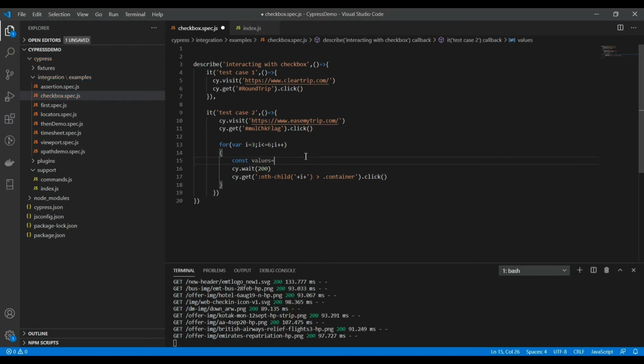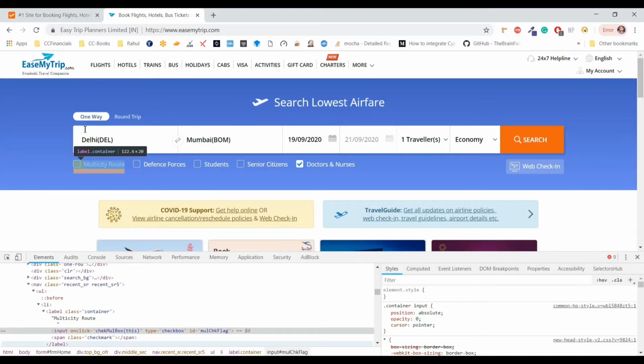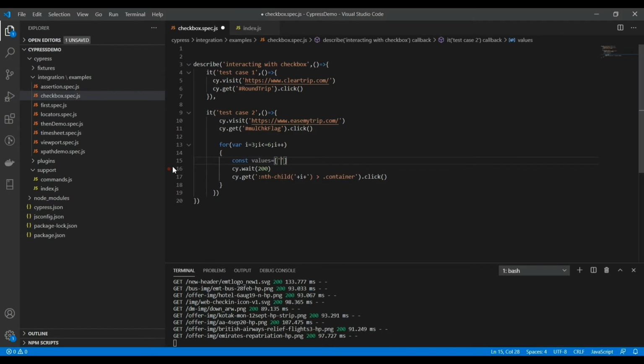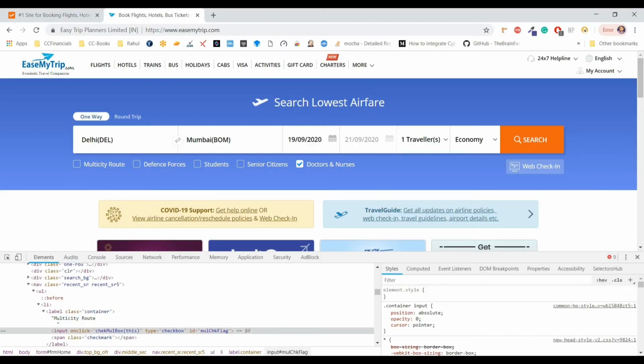Now if I want to add some assertions, to confirm that I'm selecting the correct checkbox or not, or if the value is valid or not, I can create an array with the expected results. So I am creating an array with the titles of the checkboxes: defense forces, then students, then senior citizens, and the last one, doctors and nurses.